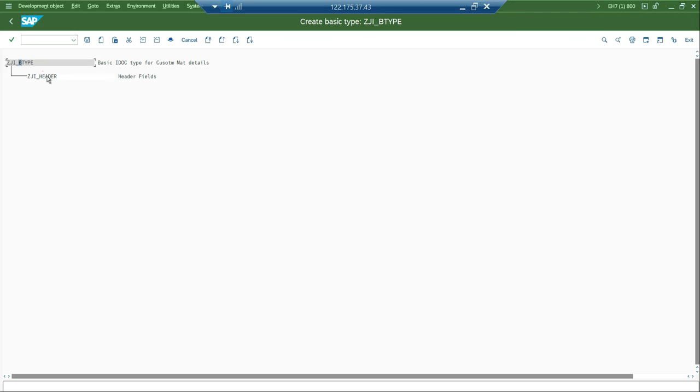So one segment is added, and for the next one, I'm going to keep the cursor in this segment because I want to create a child for this segment. If you prefer to add in the same hierarchy, keep the cursor on your top level. This is the first level of your basic IDOC type, and this is the second level, right? Keep the cursor here and click create,